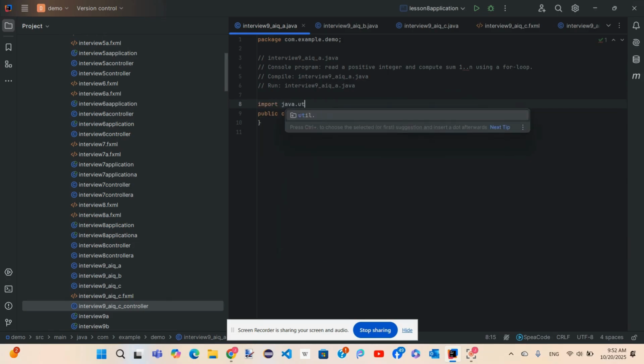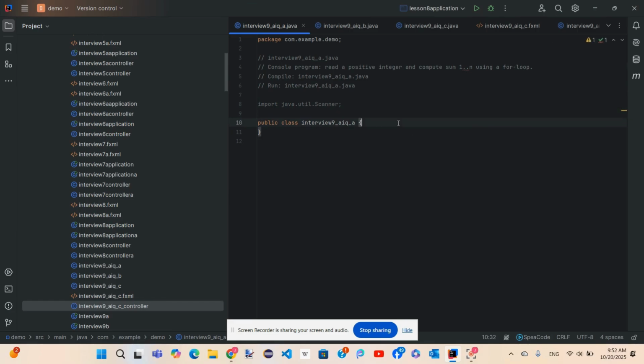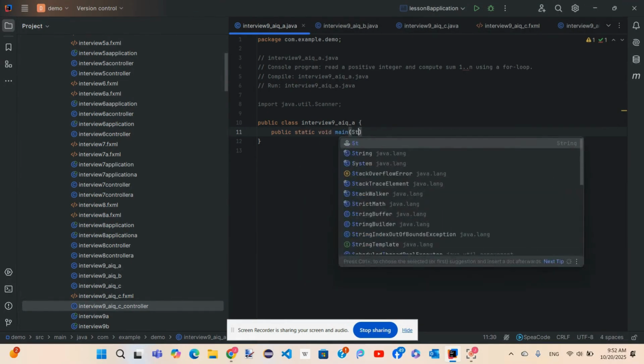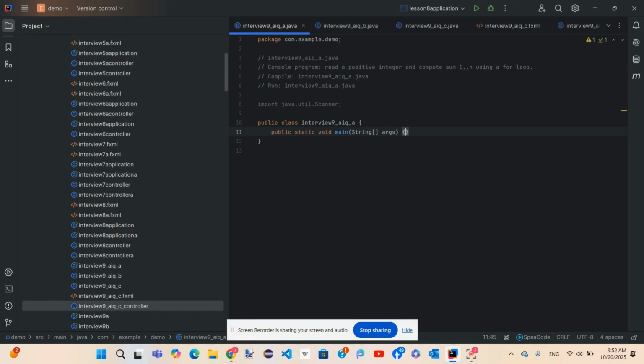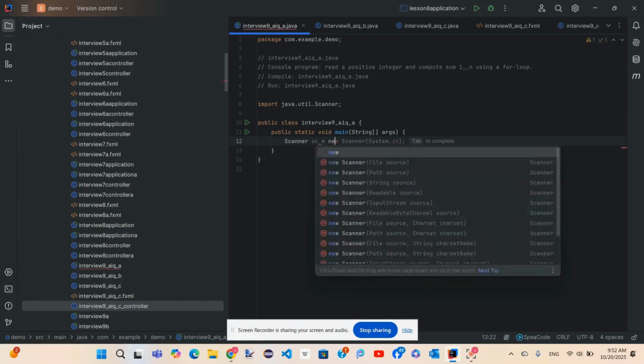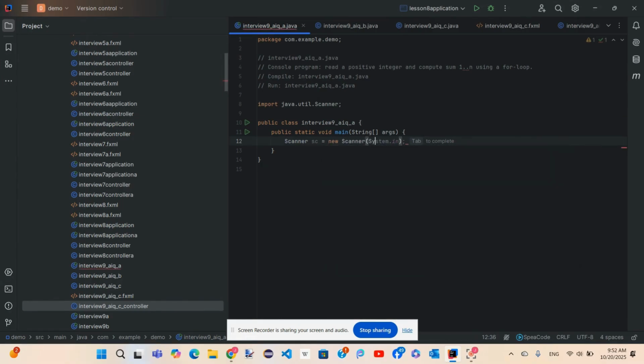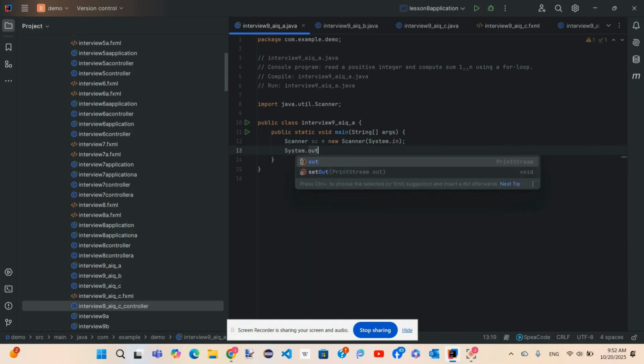Import java.util.Scanner. public static void main(String[] args). I will explain. I have to enter the positive integer. Use Scanner with System.in and System.out.